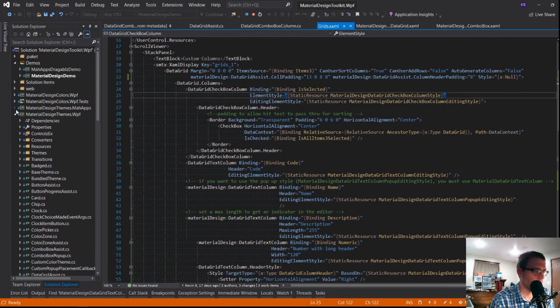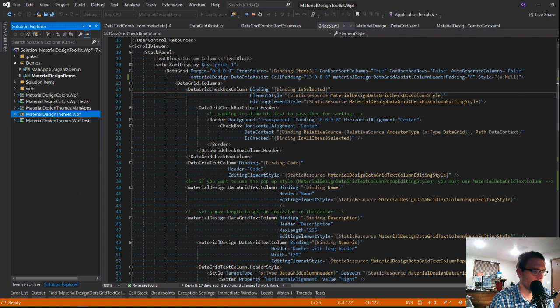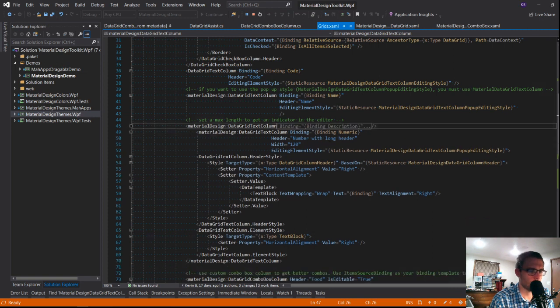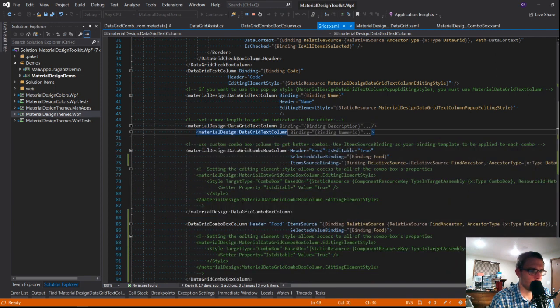Let's go and find it. Well, editing element style, these ones will still trigger because these ones are explicitly setting styles onto there. Datagrid text. Why are you indented funny?